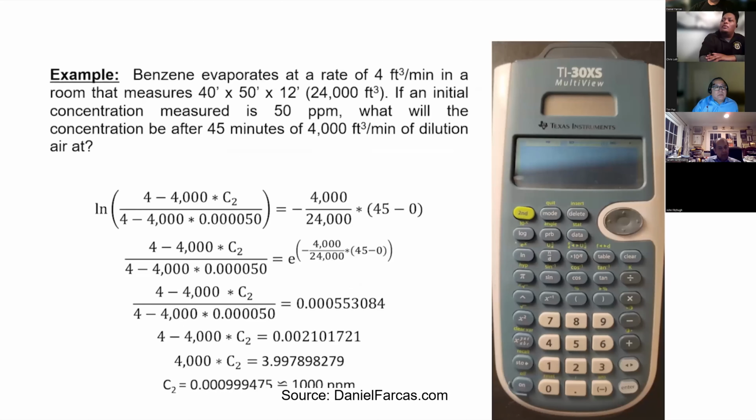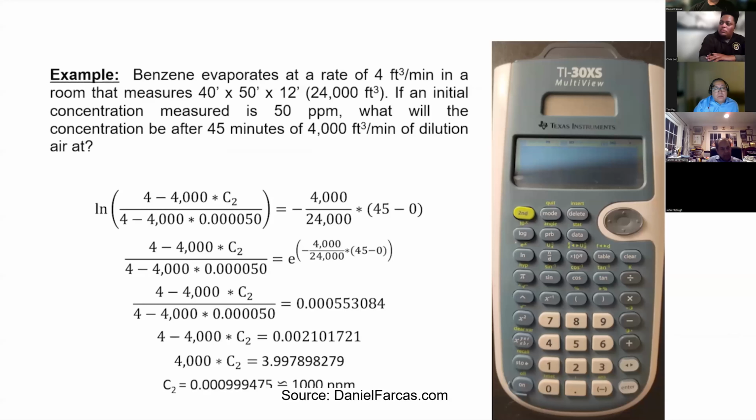For example, benzene evaporates at a rate of 4 cubic feet per minute in a room that measures 40 feet by 50 feet by 12 feet, which is 24,000 cubic feet. If an initial concentration measured is 50 parts per million, what will the concentration be after 45 minutes of 4,000 cubic feet per minute